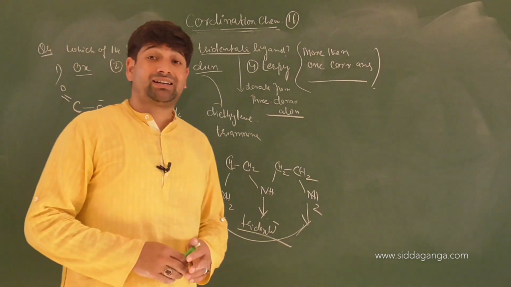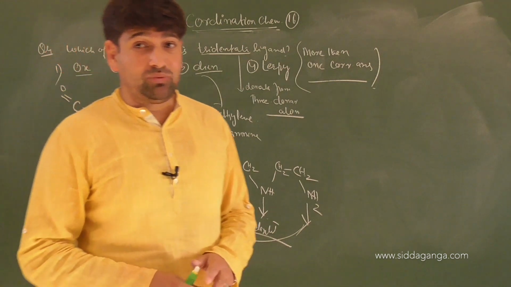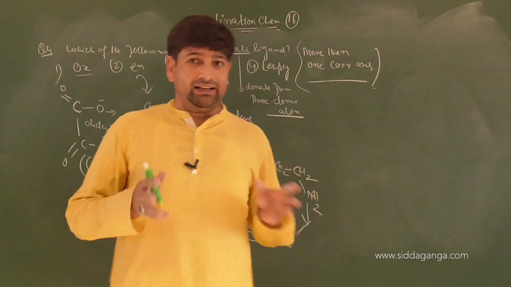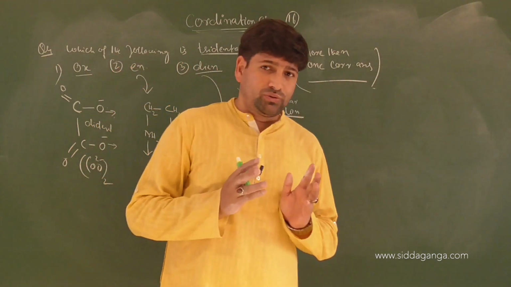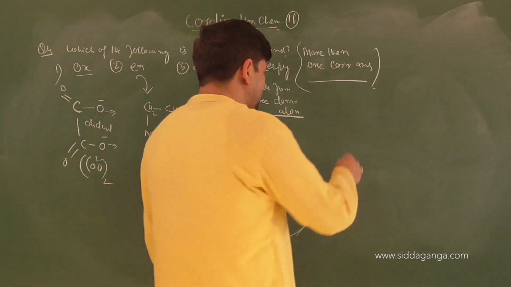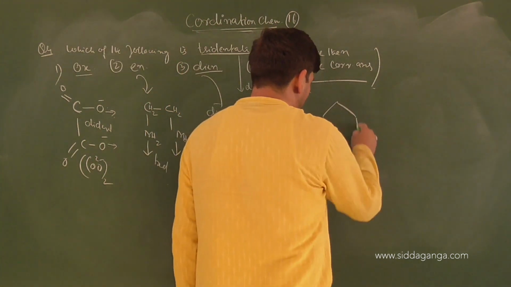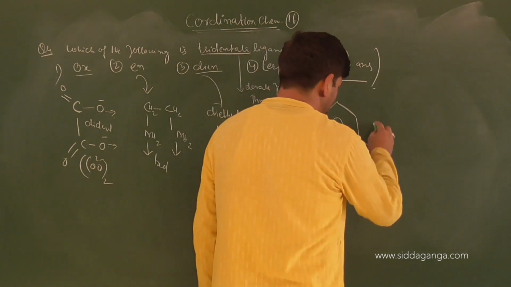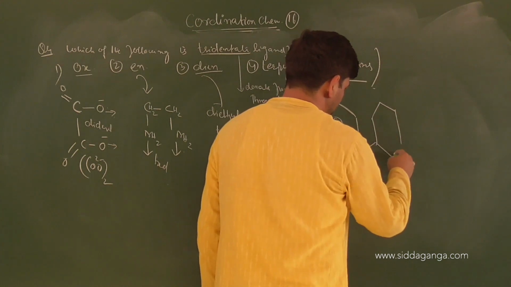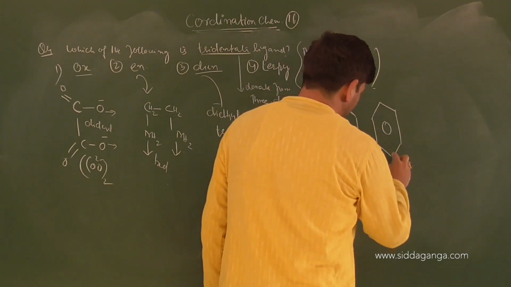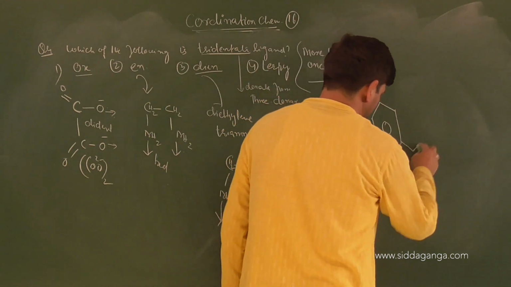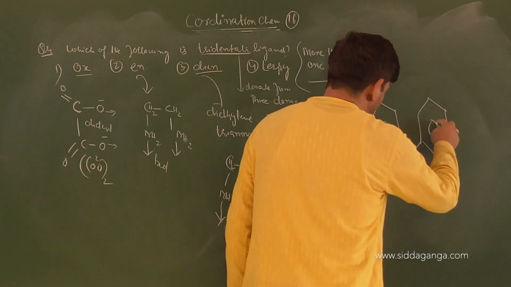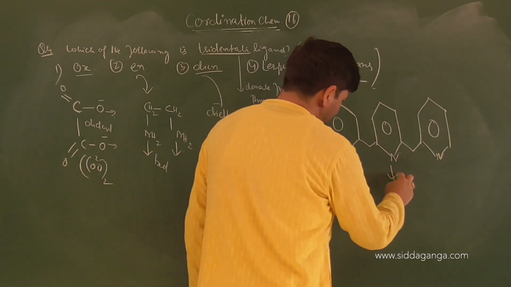Fourth one is terpy. Terpy comes from terpyridine. We have learnt pyridine is a monodentate ligand, and if you do the addition of 3 pyridine groups, you will get terpy. The structure of terpy will be like this, children. It is nitrogen here, you have a ring because this is an aromatic system. Again you have nitrogen here, one more hydrogen removed, you have nitrogen here. So you have 3 donating atoms.